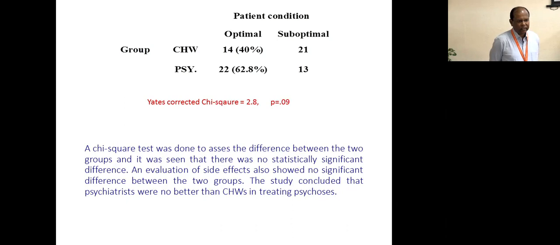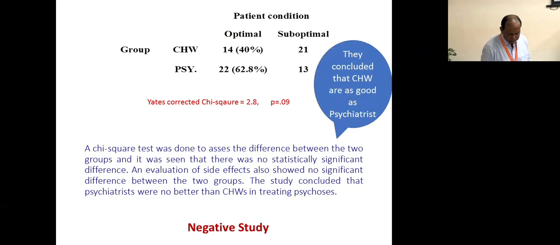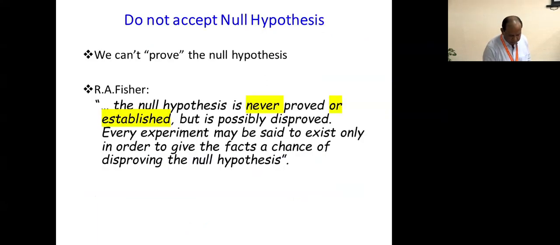Maybe they did not know the science at the time. Okay, this is a bad example. So, a negative study. This is why you have to ask why this is not significant. 23% favoring psychiatrist. Why is this not statistically significant? So you work backwards from this data and study the sample size. This data should have studied 75 subjects in each arm, but they studied 35 subjects in each arm.